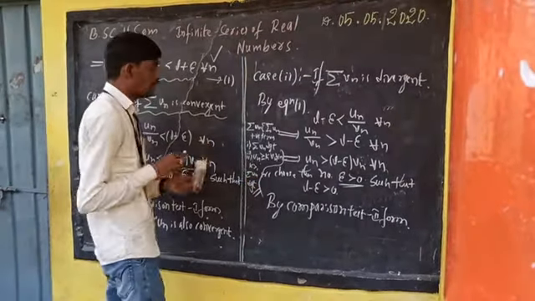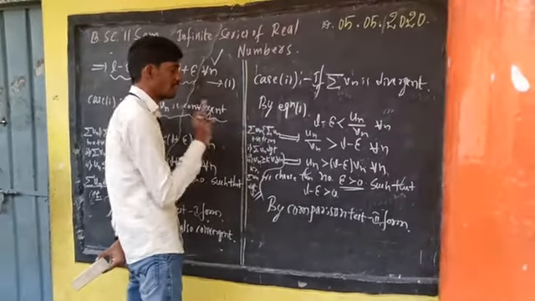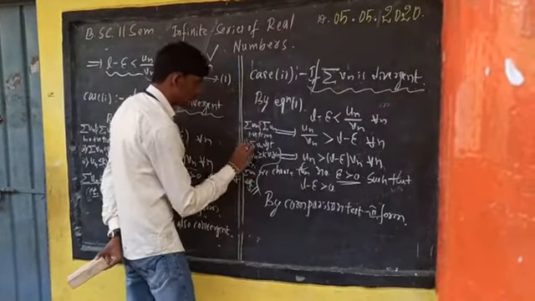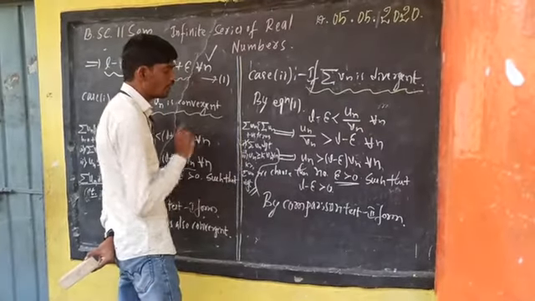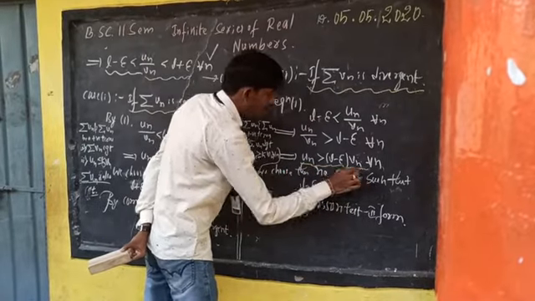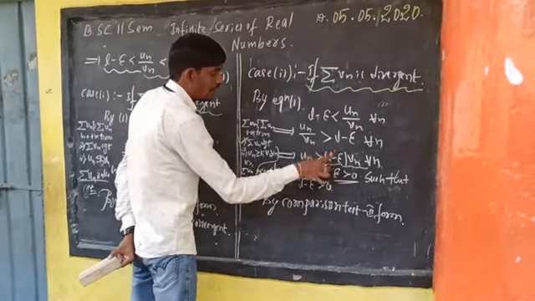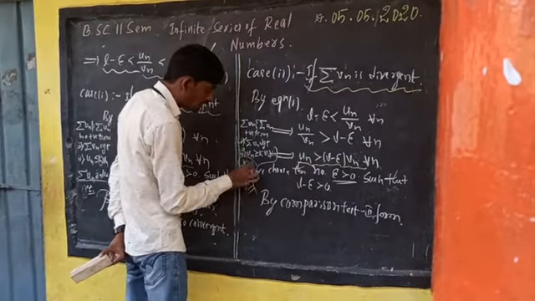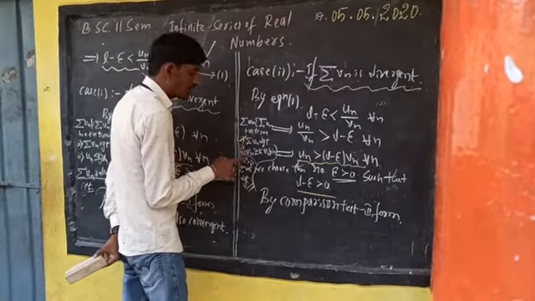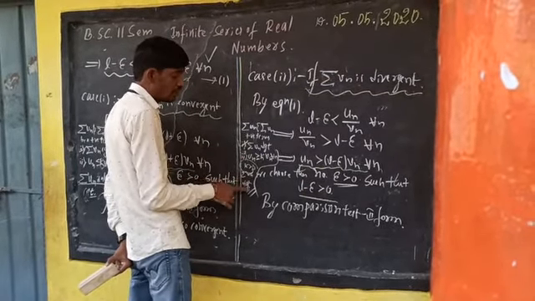Please look at this. The statement of this theorem: summation un and summation vn are both series of positive terms. First condition, the name of the case, summation vn is divergent. Second condition, un is greater than k vn. Here we satisfy greater than only. What is the k value here? L minus epsilon, a positive quantity. We satisfy the second condition of this result. Therefore, summation un is also divergent.